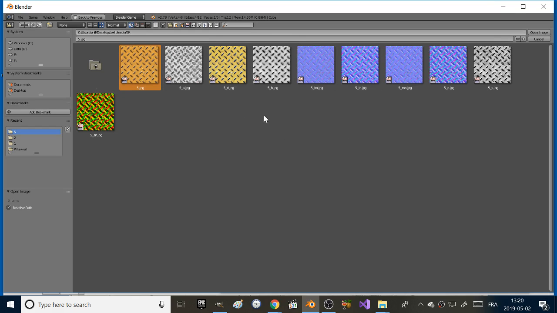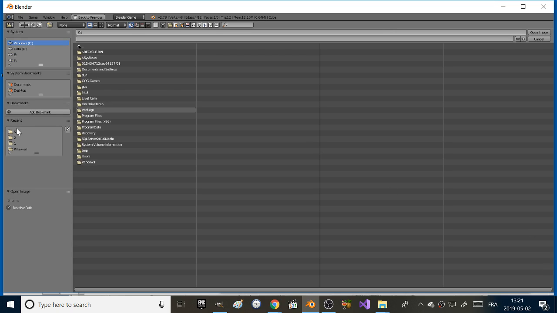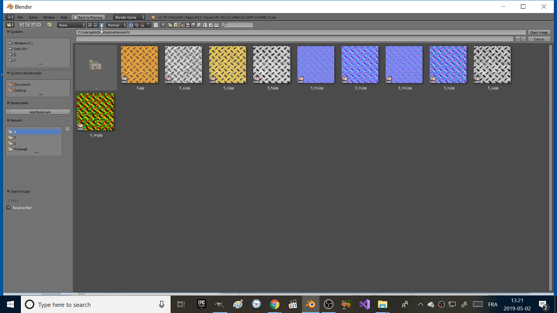We made those textures with GIMP, with Instant GIMP, and now we must start first with the diffuse, right? Yes. So let's call it diffuse, and open it. Go on 5, because 5 is the texture we started. Click here,